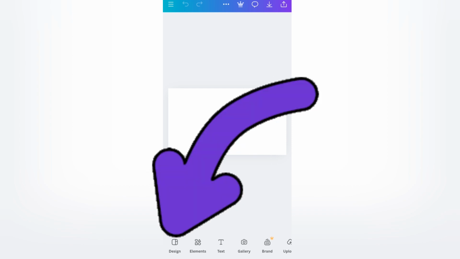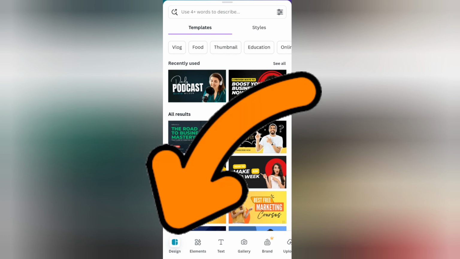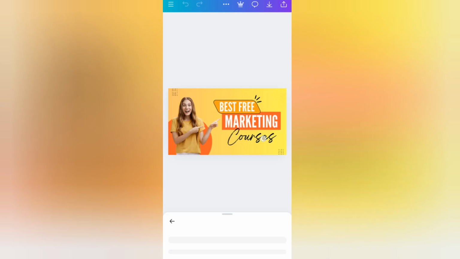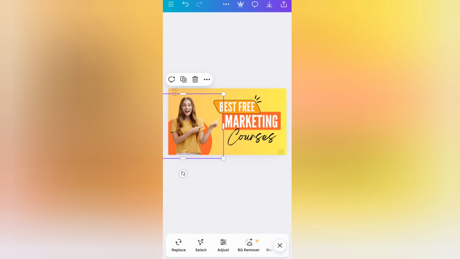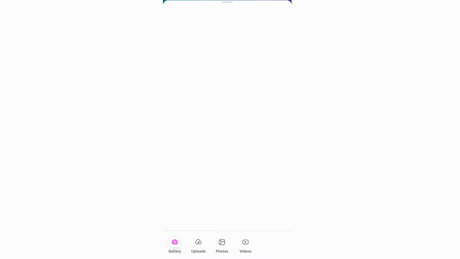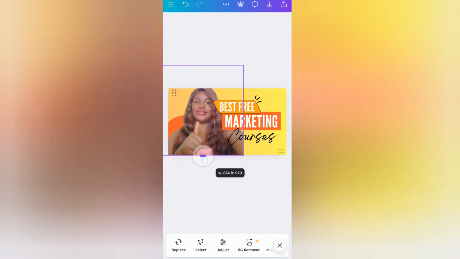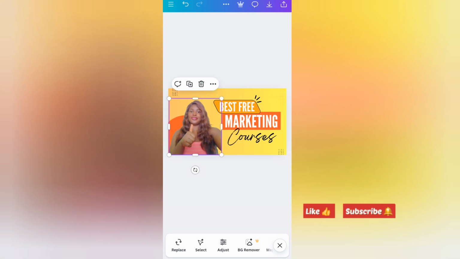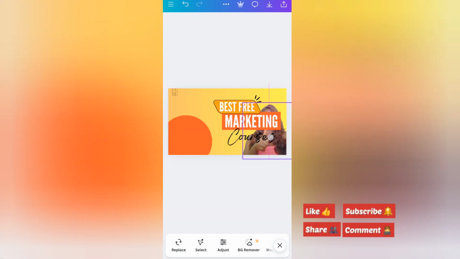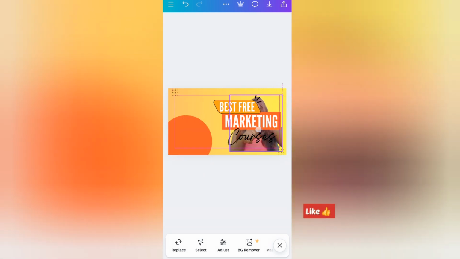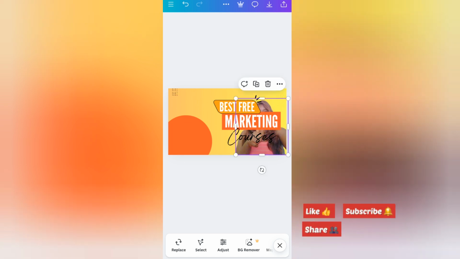So I will go ahead and click on the design icon and choose the template that I want to work with. I'll go ahead and click on this image and click on replace. I want my image on the right hand side of the thumbnail. So I'll go ahead and place it there